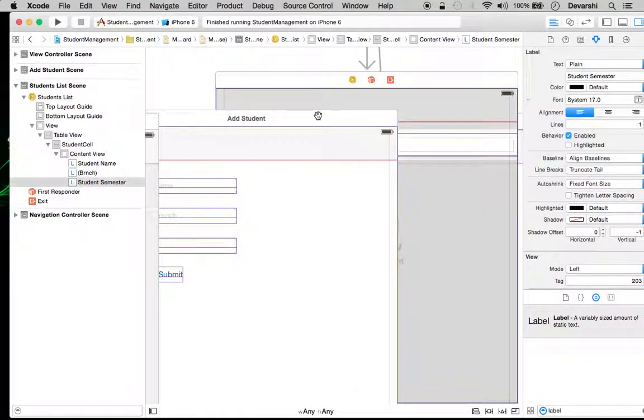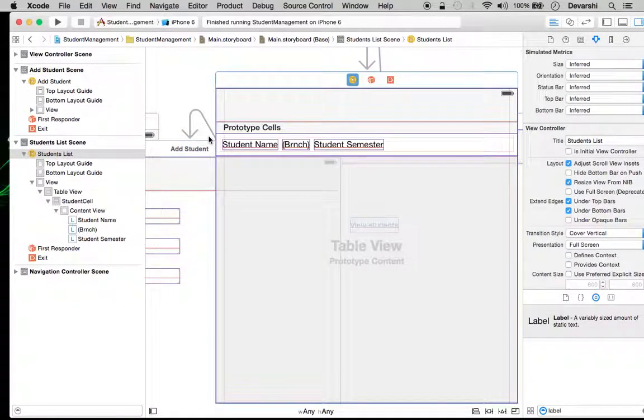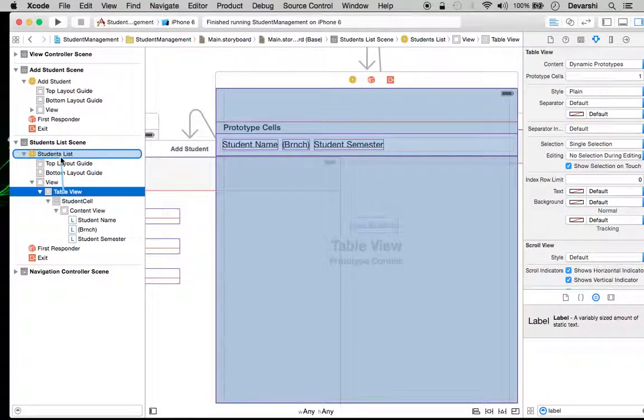Okay, so now going back to my students list view controller, I am selecting table view from this menu, and I am pressing control key from the keyboard, and then clicking on table view, and without releasing my click and the key, I am moving the cursor to students list. From here I am selecting data source option.